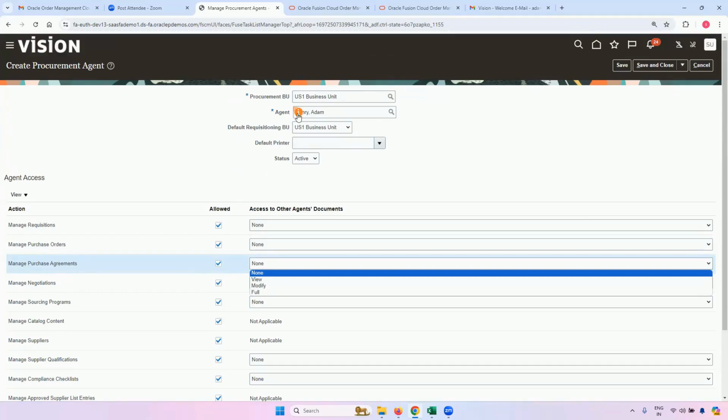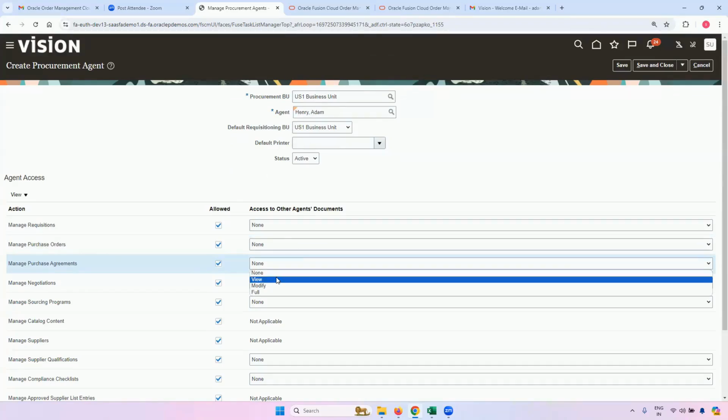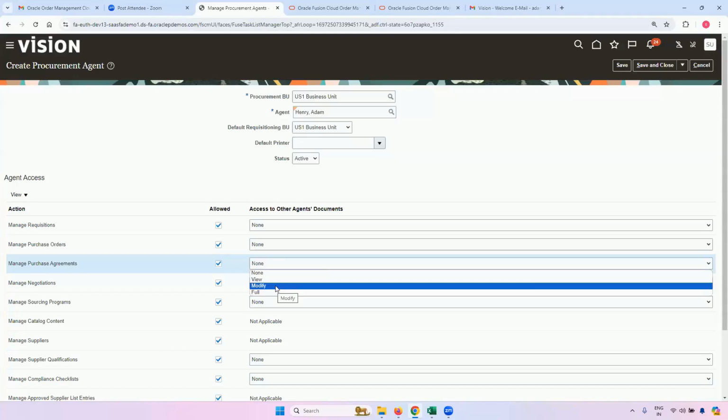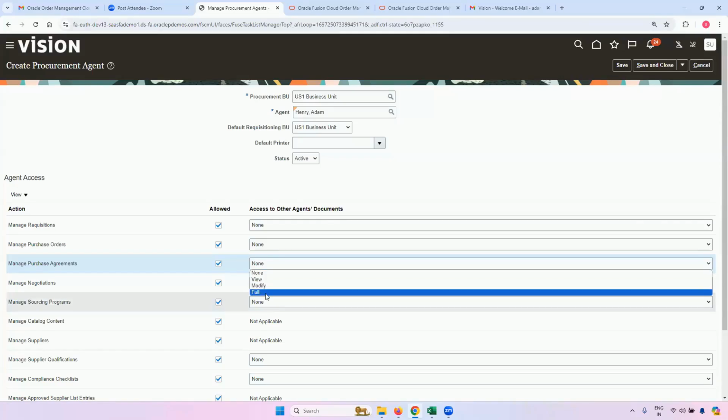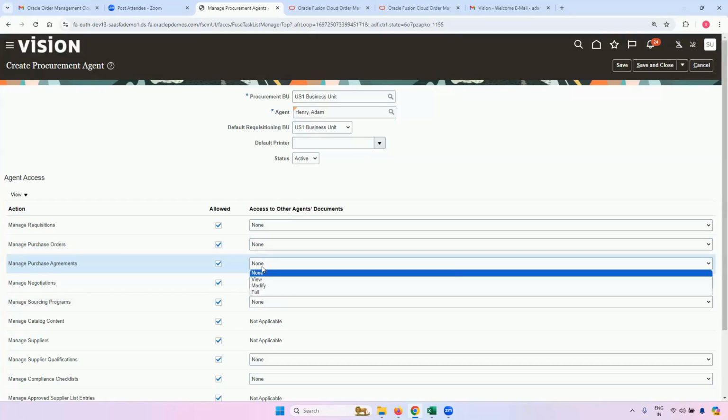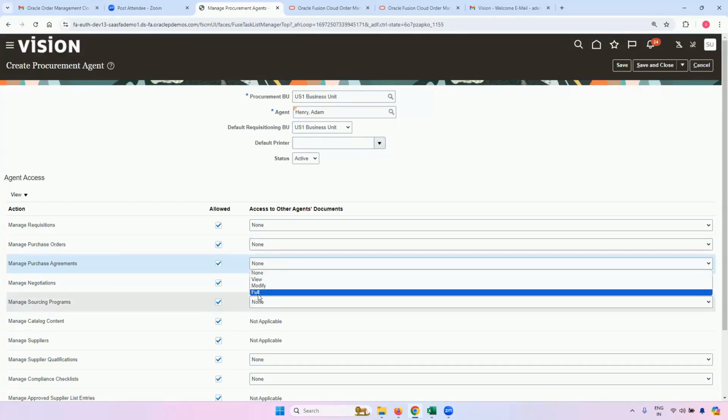If you want this person, Adam Henry, to be able to view other people's documents as well, then you can give him the view access. Modify means if you want him to be able to update the purchase orders for other buyers, then you can give him the modify access. Full means if you want him to be able to close, cancel, freeze, delete, or hold the purchase orders for other buyers within this business unit, then you can give him the full access.